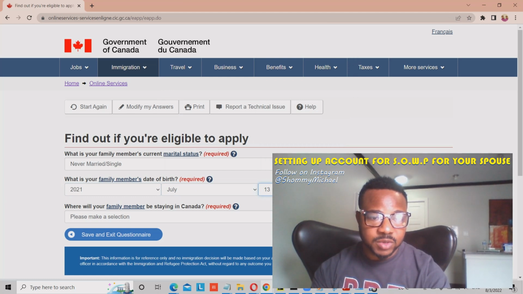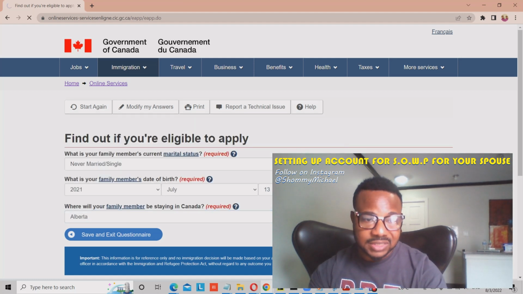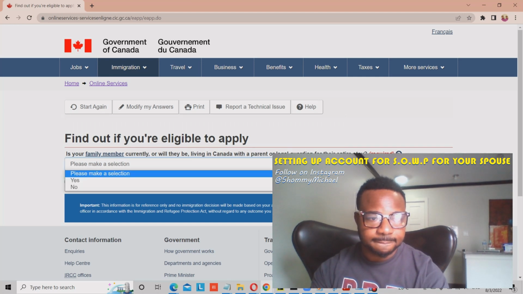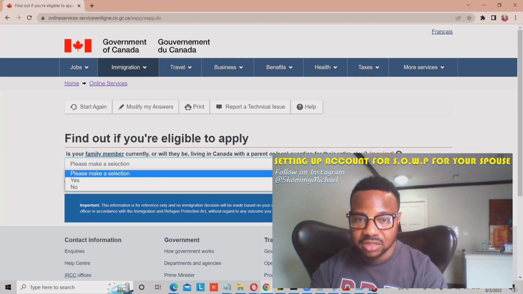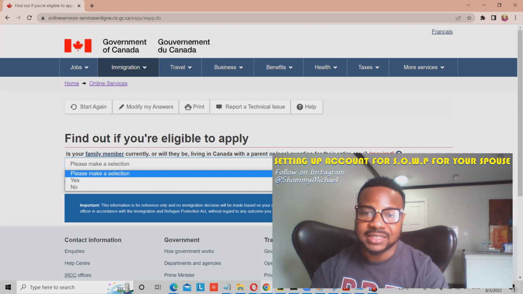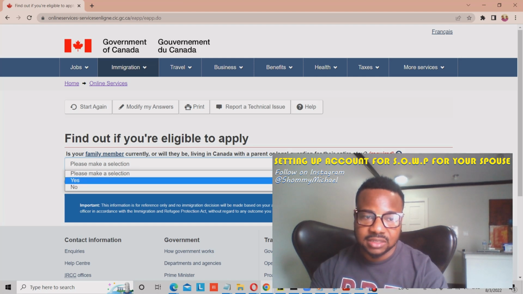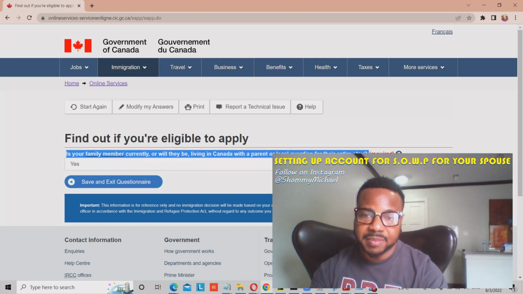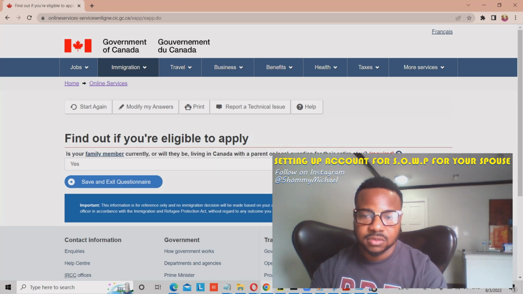Where will your family member be staying in Canada? Alberta. Select your province there. Is your family member currently, or will they be, living in Canada with a parent or a legal guardian for their entire stay? Do you see? Yes. The reason why I ask you this question is because the child is a minor because of the age that I filled. Okay. So next,